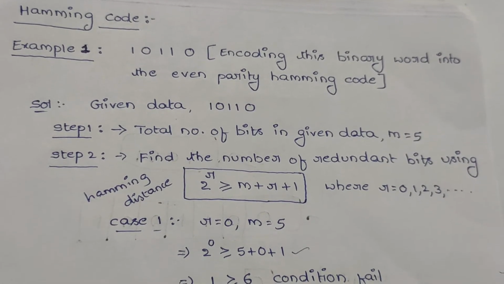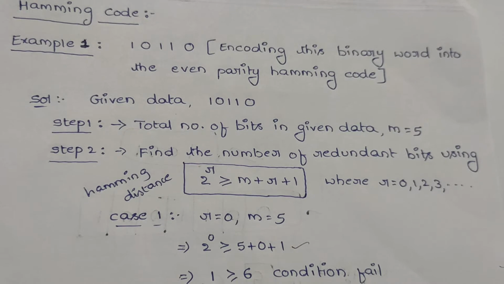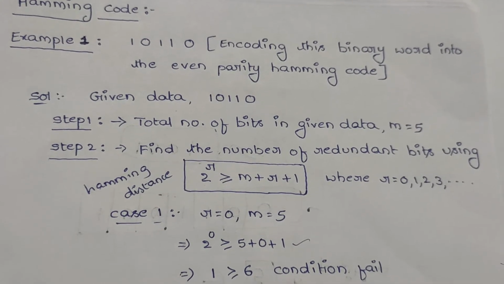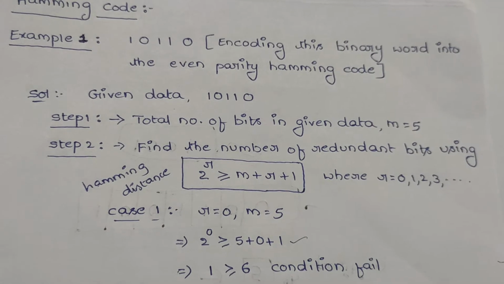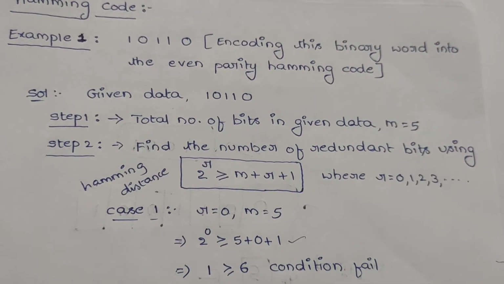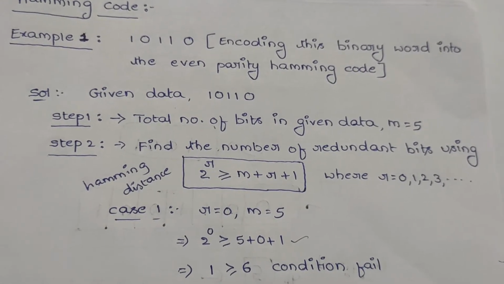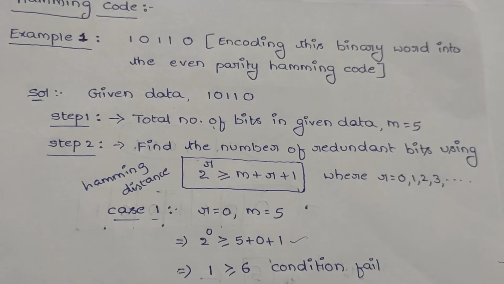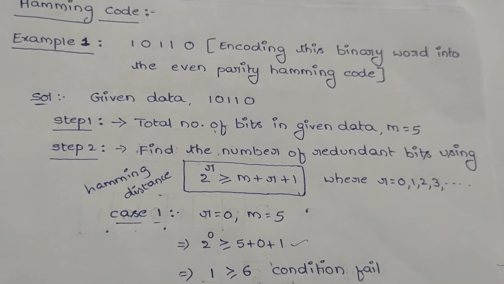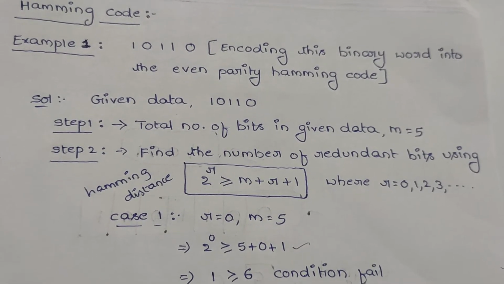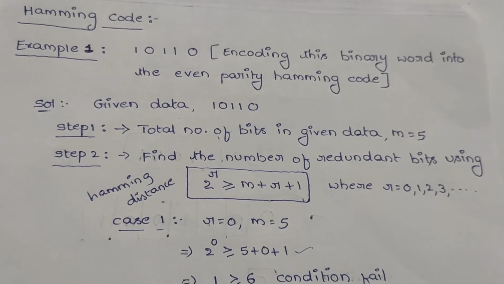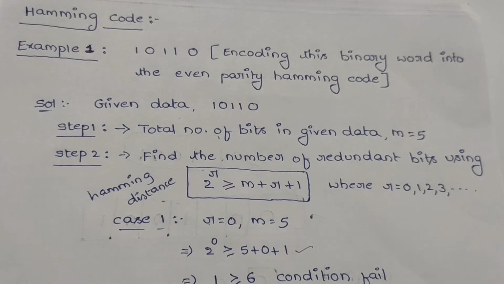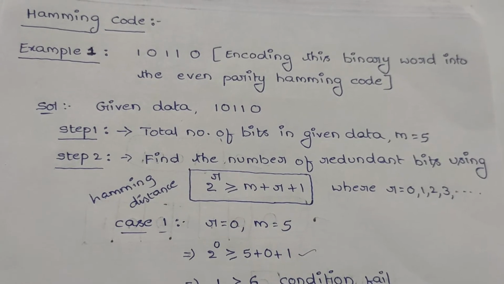Hamming code example. Here is the question: encoding this binary word 10110 into the even parity Hamming code. How can we solve this by using the Hamming code? The given data is 10110. In step 1, we write down the total number of bits in the given data, that is m